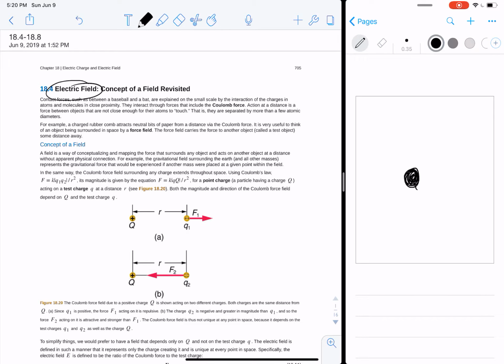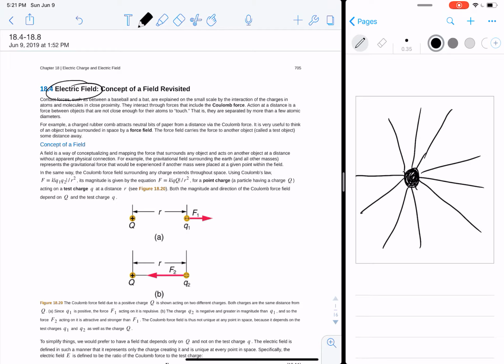So this means no matter where you put this charge, you expect it to be pushed away or pulled towards. So we can think of this as there must be some sort of force field emanating out from this charge. So we call this the electric field. Okay? And so what this is describing here on the left-hand side of the screen, the concept of a field